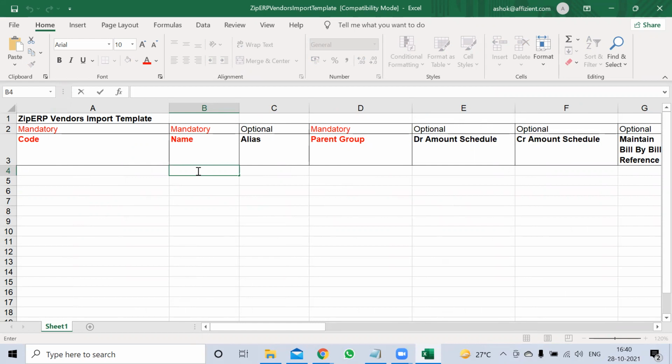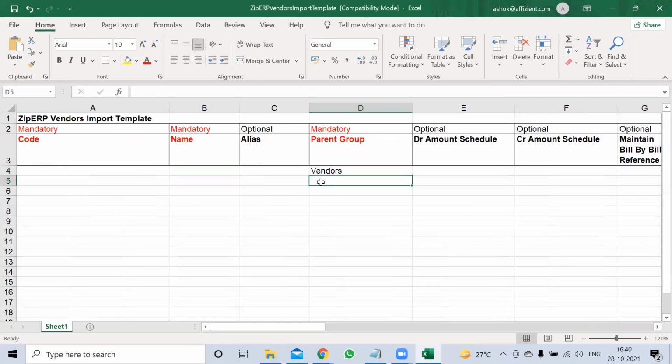Parent group means how will we differentiate, sir? Yes, parent group is vendors, okay? Either vendors or sundry creditors. Suppose if you want, you can put other vendor groups too. Suppose you have vendors grouped like south vendors, west vendors, north vendors, and under south you will have Andhra vendors, under Andhra vendors you will have Hyderabad vendors.